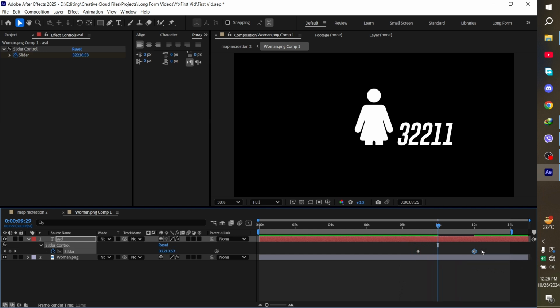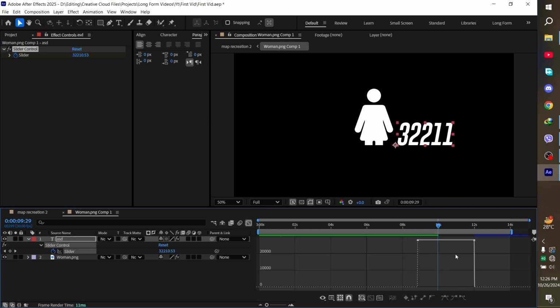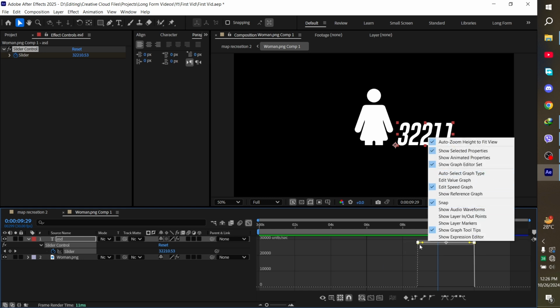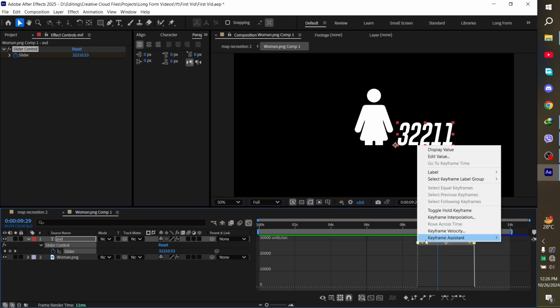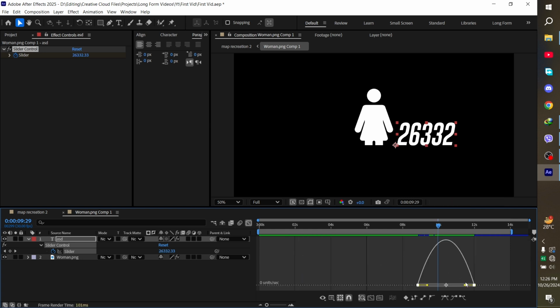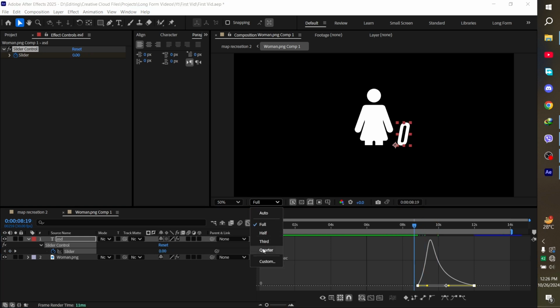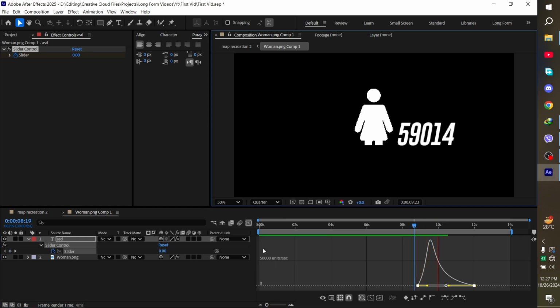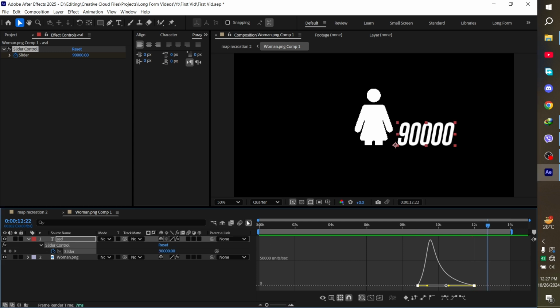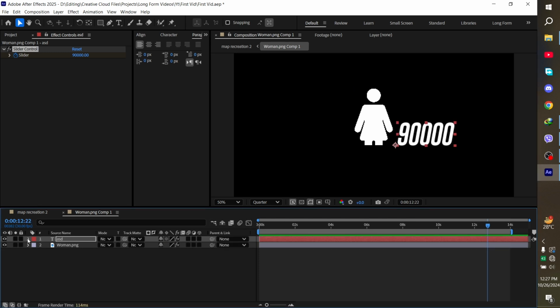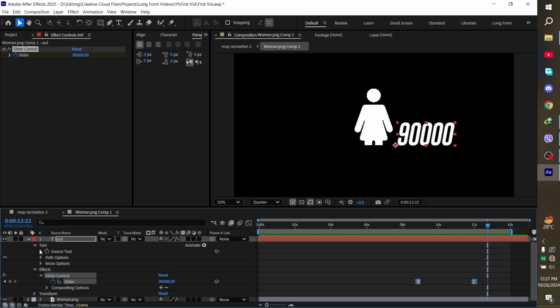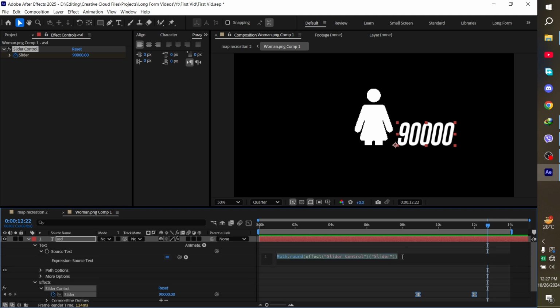It's counter effect. So we can actually go to the graph, right click, then go easy ease, and then smoothen it out a bit. So now it looks like this. Okay, so then what we're going to do is go into the text again, source text, and then make